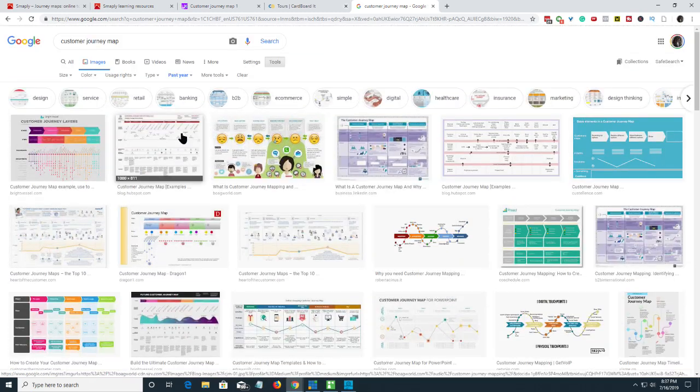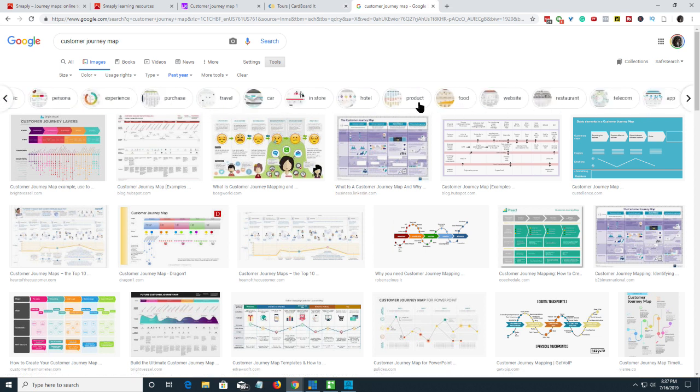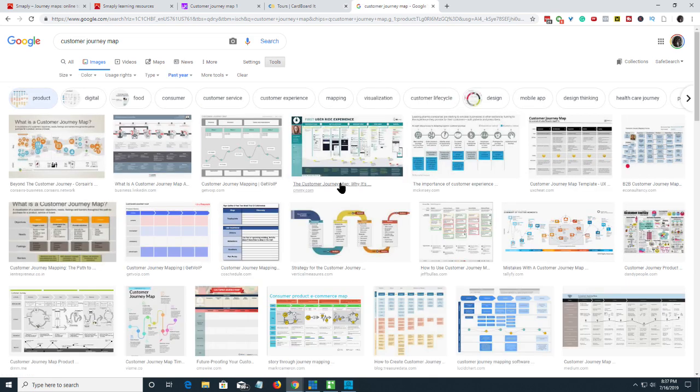And that is all good things. You can narrow it down. You can look at service, design, retail, banking, B2B, e-commerce, healthcare, insurance, marketing, design thinking. This is a very popular thing. It works across everything. Product, okay? So you can narrow down your search to find whatever it is that is going to work best for you